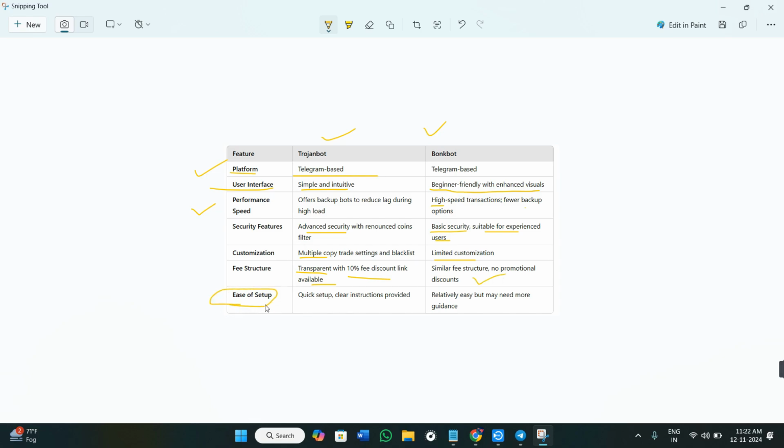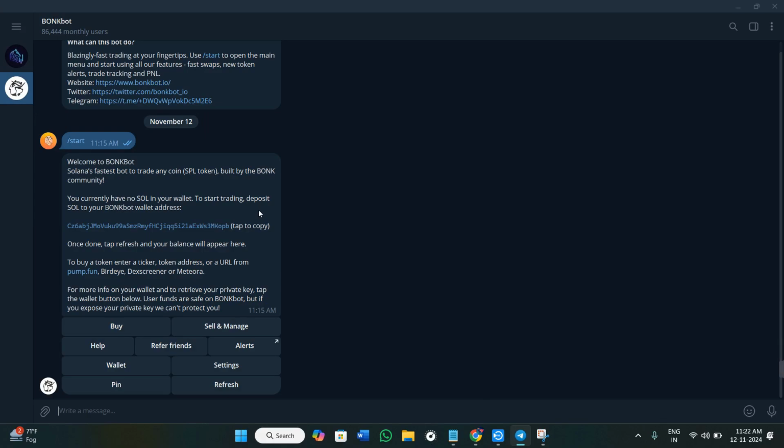If we talk about the ease of setup, Trojan bot has quick setup, with clear instructions provided on their bot. If we talk about the Bonk bot, it is relatively easy but may need more guidance. So these were some of the features that you need to keep in mind before choosing between Trojan bot and Bonk bot. Now both the bots can handle meme coin trading, but here is how they stack up in practical